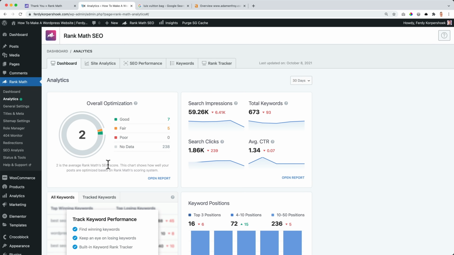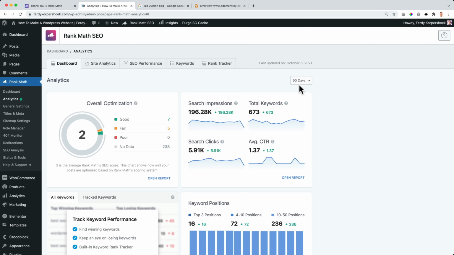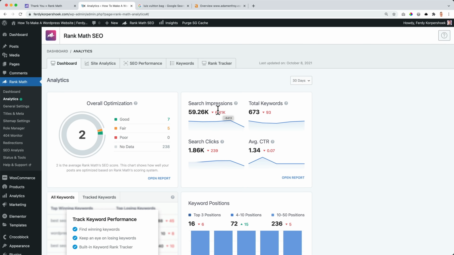So my RankMath SEO score is 2, which is not that good. That is maybe also the reason why in the second tab over here, things are not going too well. I have fewer search impressions and clicks and keywords and a lower average click-through rate than the 30 days before the last 30 days. But if I take a look at the last 90 days, by the way, I want to show you that you can change the number. You see the last 90 days, I gained search impressions, clicks, keywords, and CTR. So I can use this to keep track of the progress. So my goal, of course, is to have green numbers, not red numbers. So that's the second tab.